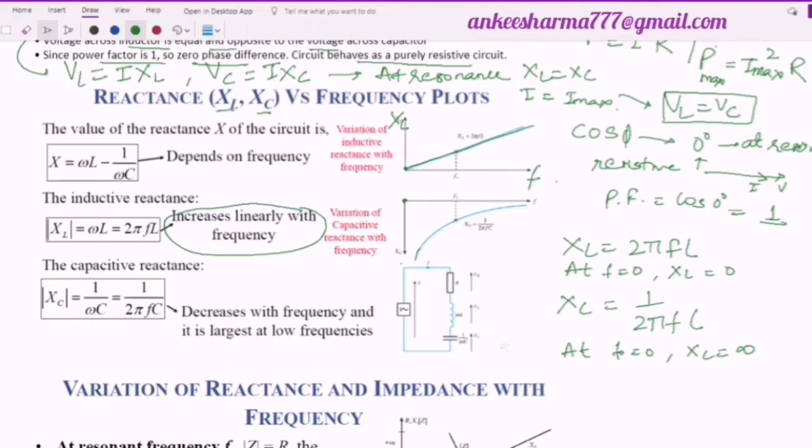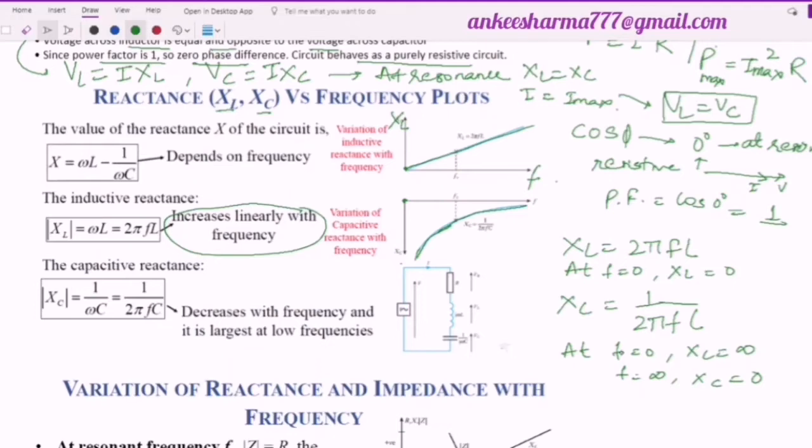So I have just not touched it with the y-axis. Similarly, at f equal to infinity, what is the value of XC? It is equal to 0. Now, if the value of f is infinity, I don't know where it is. That's why this curve is not linear in this case. It is changing here, and at last it is not touching your frequency axis, because it will become 0 exactly at infinity. I can't denote my infinity over here.